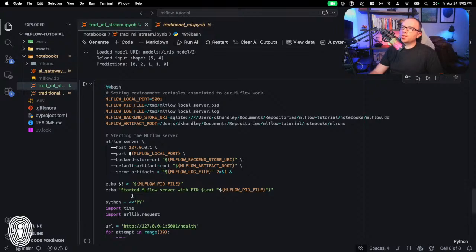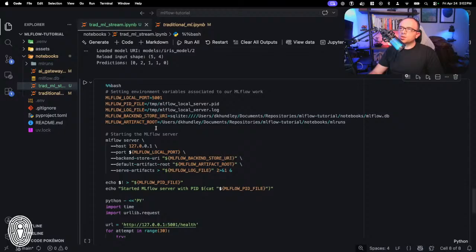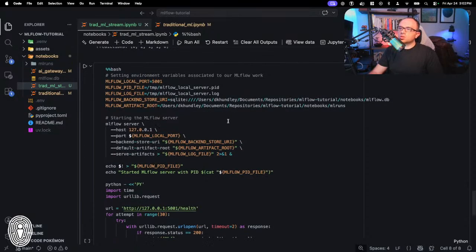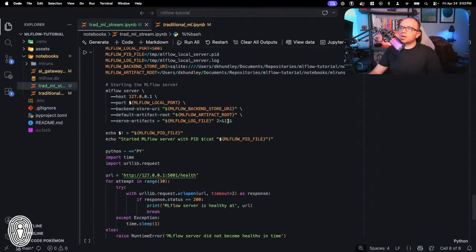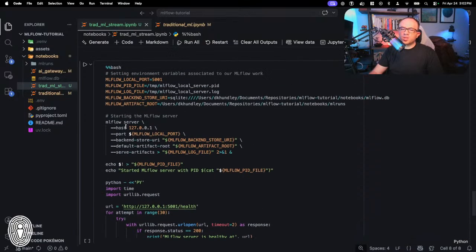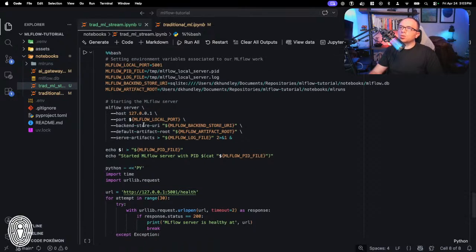So let's talk a little bit about the bash code. We're setting a couple of environment variables at the top of where we want these things to run. Because we've been running everything on port 5000, we're just going to keep incrementing the port number. And then I have code down below that makes sure that we can shut everything down appropriately. This first piece is simply making sure that the server is healthy whenever we start this thing. So this is the actual command we would run in our terminal if we wanted to start up MLflow as the server with more specifications here.